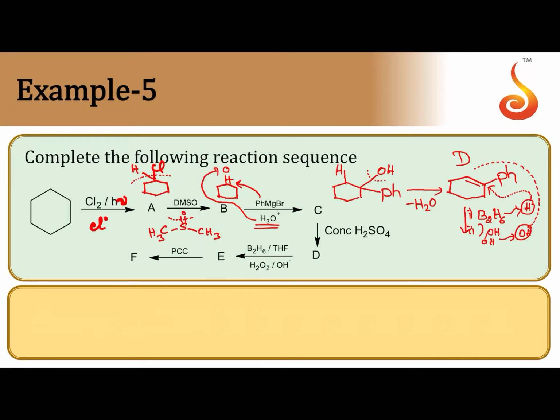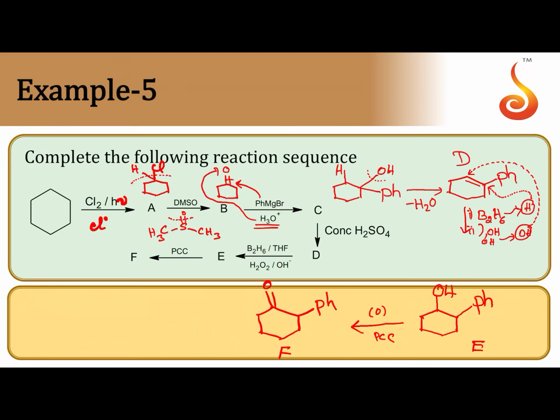So whatever the OH coming from hydrogen peroxide is migrated to the doubly bonded carbon of more number of hydrogens. So at this carbon, one hydrogen is present. This is OH. Here Ph remains present. H attached, that is understood. That is E. After the formation of E, this is subjected to oxidation by means of mild oxidizing agent PCC. So automatically 2-degree alcohol will become ketone. This is the final answer.